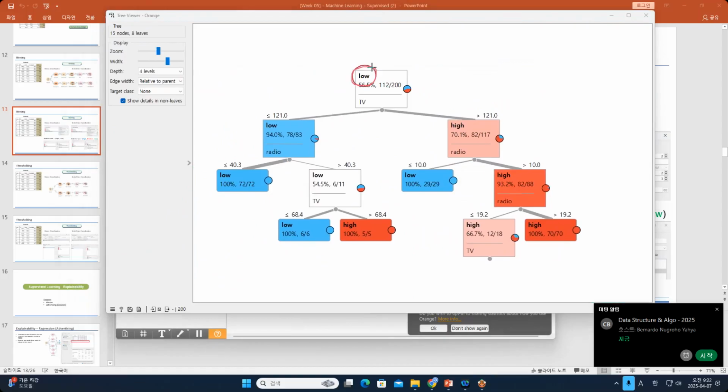Low sales. There are 112 data from 200 data, or it is 56.5%. So when you explain